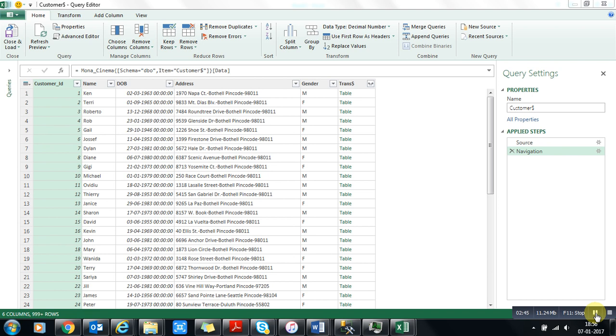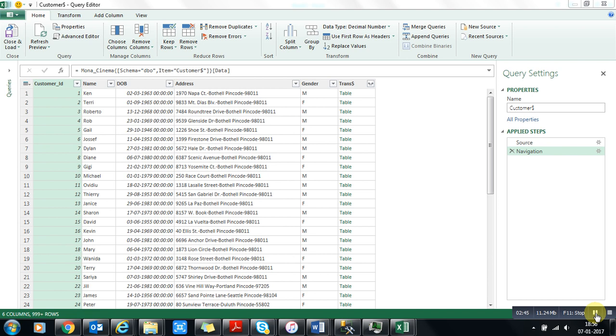What I'm going to do is group it by male and female, and see how much was spent by a particular customer according to male and female. So right now I'm going to select Gender, and I want to sum the total sale.